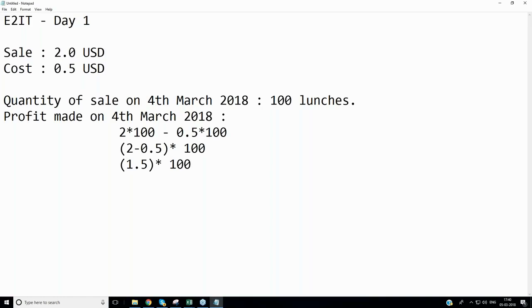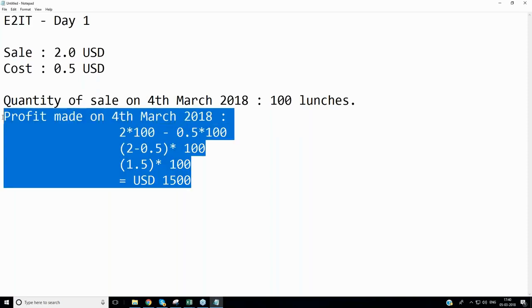How much is this? So what's the final amount, team? US dollars 1500, right? That is the profit that this company made. Yes or no? Great, phenomenal. So this is good for 4th March.